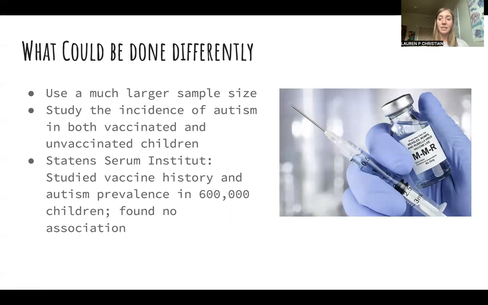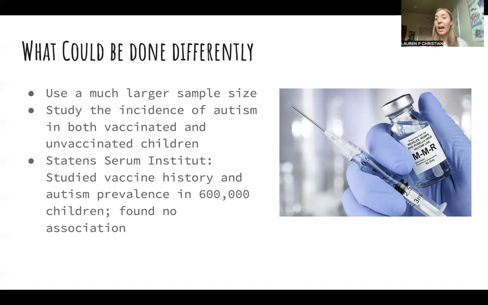In a more accurate statistical analysis, it would be appropriate to use a much larger sample size so that we can have a more representative understanding of how MMR may impact brain development and even the preponderance of autism across the whole population, not just 12 kids who may be subject to error. The study of the incidence of autism in both vaccinated and unvaccinated children would be a more statistically accurate practice, instead of simply finding 12 children who ended up exhibiting certain symptoms.